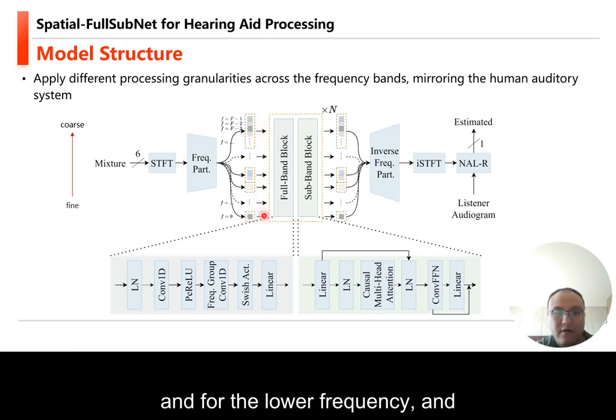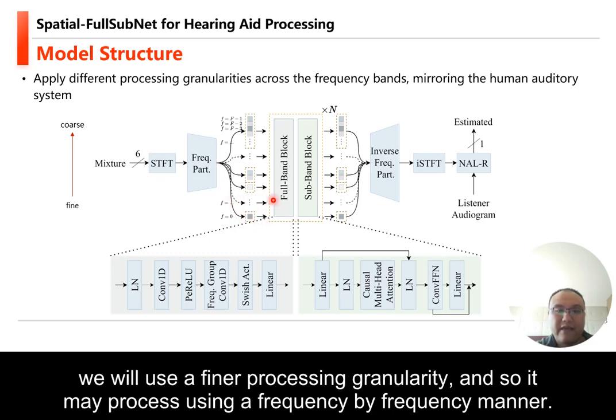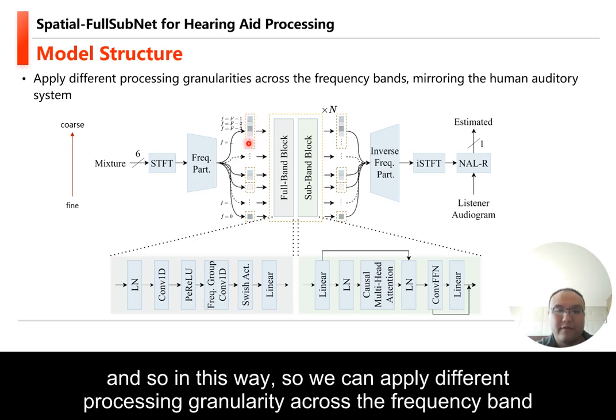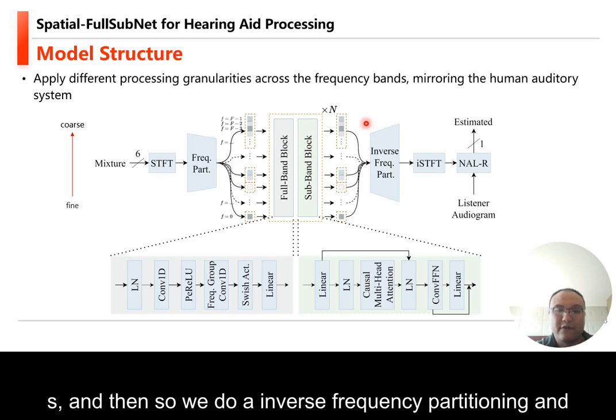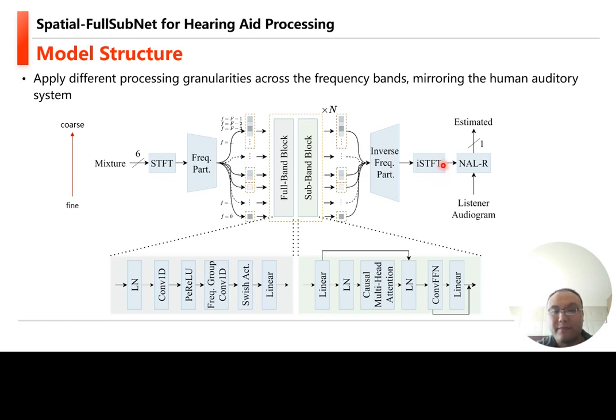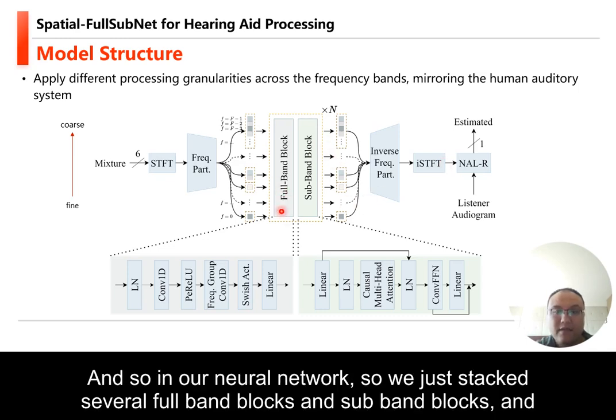For the lower frequencies, we use a finer processing granularity, processing frequency by frequency. For the higher part, we process several frequencies at once. In this way, we can apply different processing granularity across the frequency bands. Then we do an inverse frequency partitioning, and then an inverse short-time Fourier transform to convert back to the time domain signal. And so in our neural network,